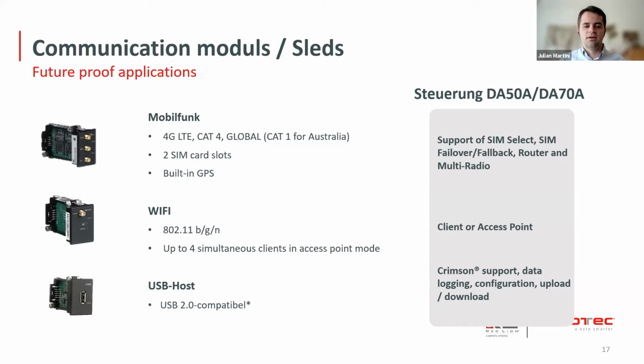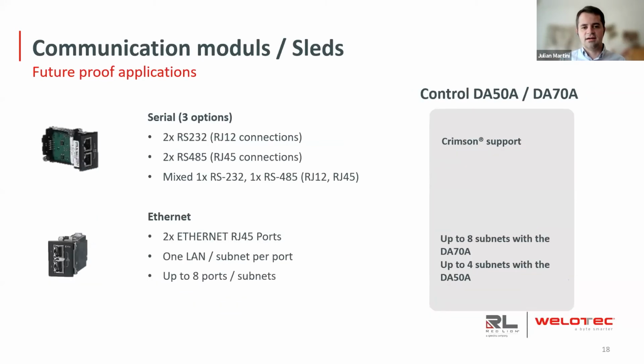Then on the next slide, we offer serial sleds. So if you need more serial ports, like RS232 or 485, you can add more of them. And last but not least, we also have an Ethernet sled, which adds per sled 2 additional